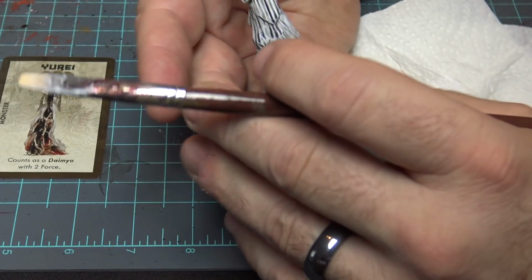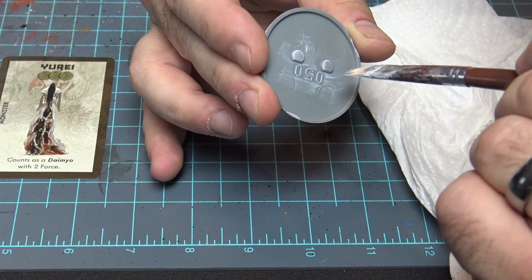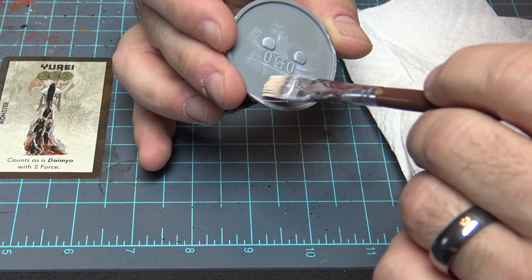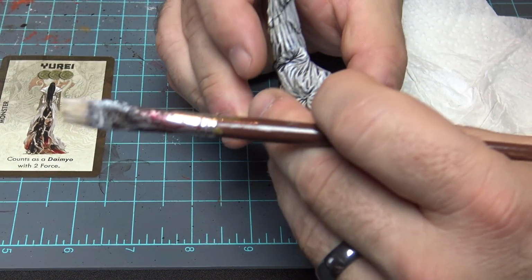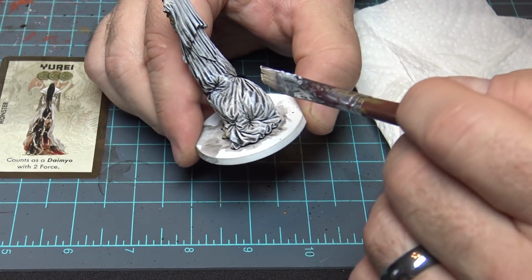The best thing to do, and I always say this a lot, is do this on the bottom and go around the edges of your brush. If the edges are dark and there's too much paint on there, you'll know. It'll really come out too deep, because like we said